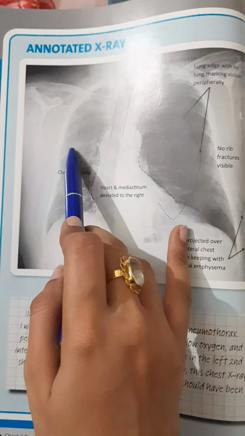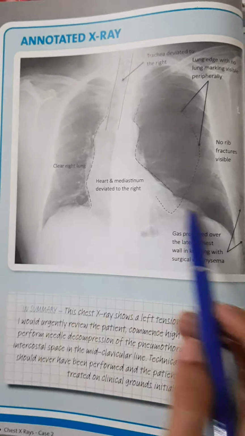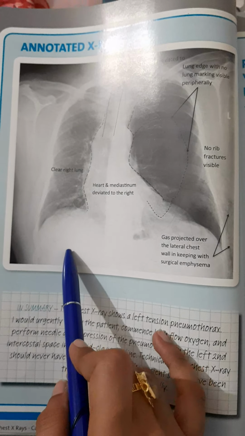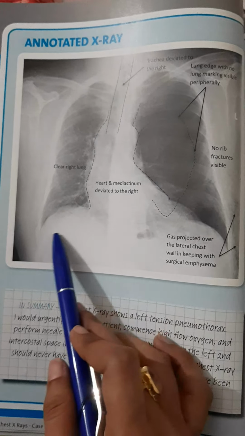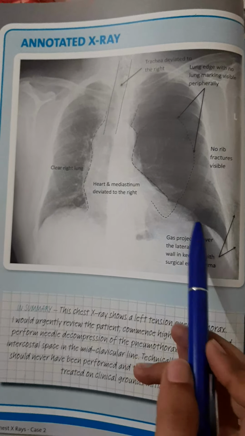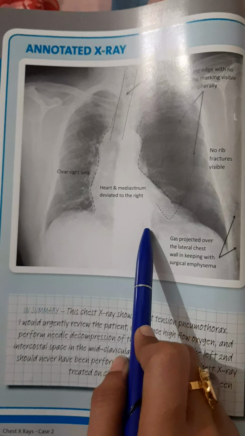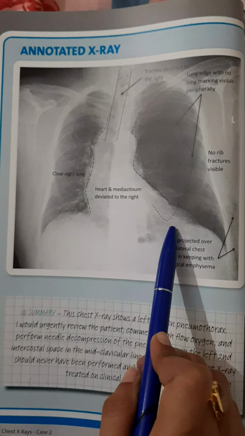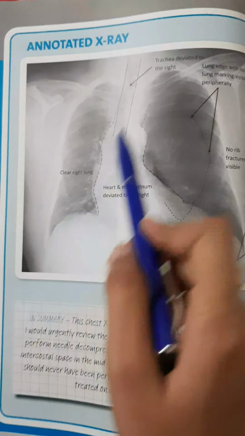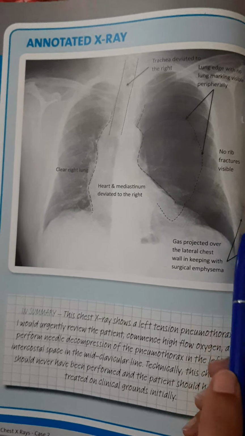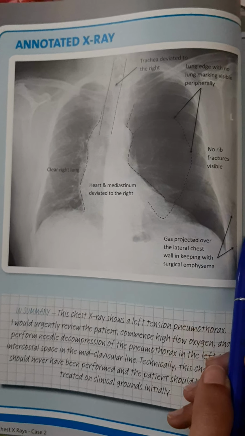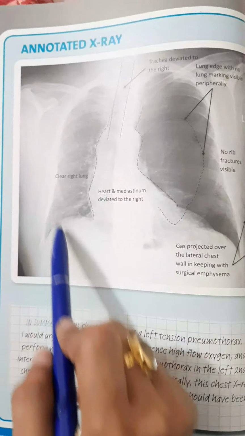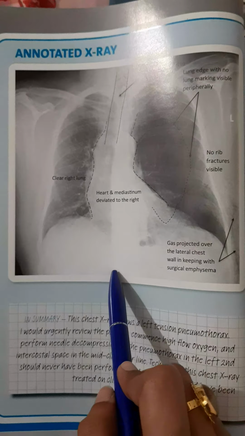The right lung is clear, and the costophrenic angles are sharp, they are not blunted, it means there is no pleural fluid there, and the hemidiaphragms are sharply demarcated. There is no blunting of the hemidiaphragms, and there is no free subdiaphragmatic gas visible on the X-ray. There is no evidence of rib fracture or any bone abnormality. Apart from the surgical emphysema present on the lower left lateral chest wall, the soft tissues are normal and there is no other abnormality seen on the chest X-ray.